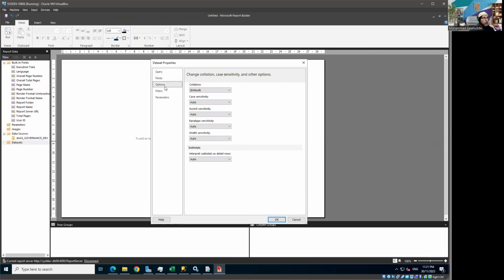Let me just quickly go to the option, collation, case sensitive. These are all the cosmetic settings which I don't need. Obviously, if we are working with a multilingual system, that's where all these things come in handy, so we can set it up. By the way, an interesting thing, it's asking me to do the subtotals, which I haven't touched, the grouping, so I'm not going to discuss